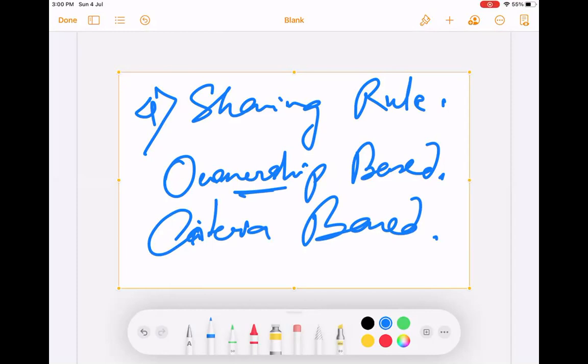What is this ownership based? Ownership based means a group of users wherein you choose the records to share based on the ownership.